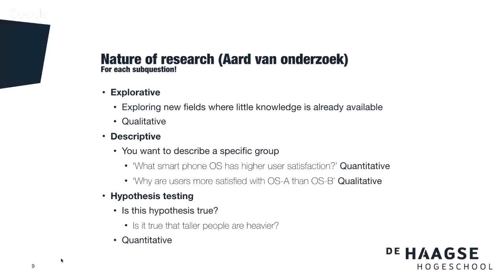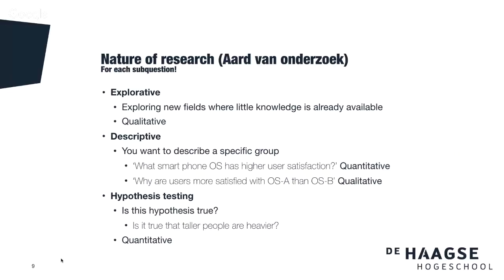This is one type, another type is descriptive. So, for example, we already know some things about the topic, but we want to add more information. These are two examples. A phone operating system. Which phone operating system has more user satisfaction? And in order to